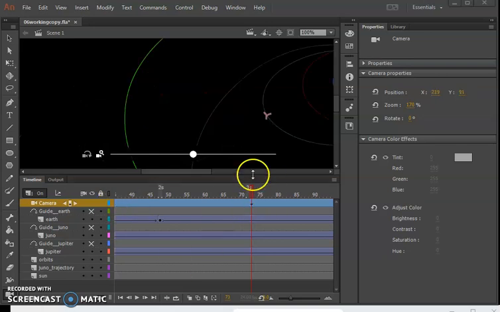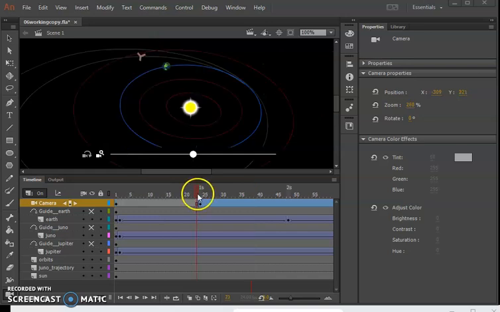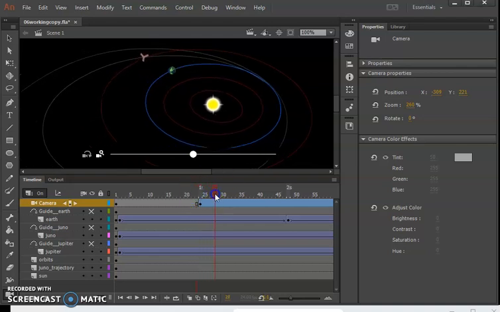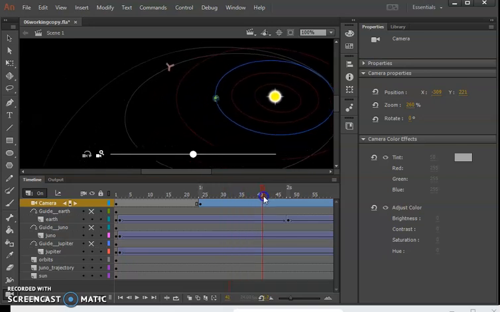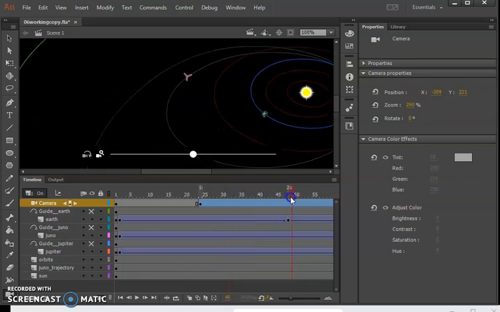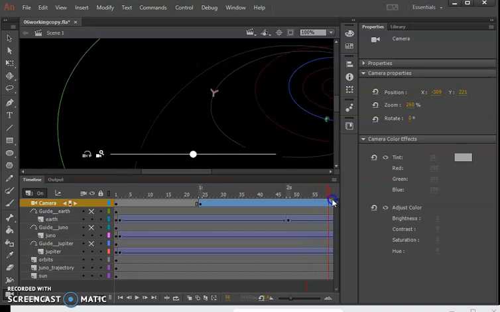Then I'm going to move the camera out to where I see Juno, and it's roughly at X20 and Y90. So now what we should have done is we've created an animation that allows us to keep Juno in our sights, so to speak. So here we go. You'll notice as Juno continues around its orbit, as we've included that particular motion tween, and as we move farther afield, we'll get closer to 72. I don't want to continue moving because it spins very quickly upwards, but you'll notice that it keeps Juno in